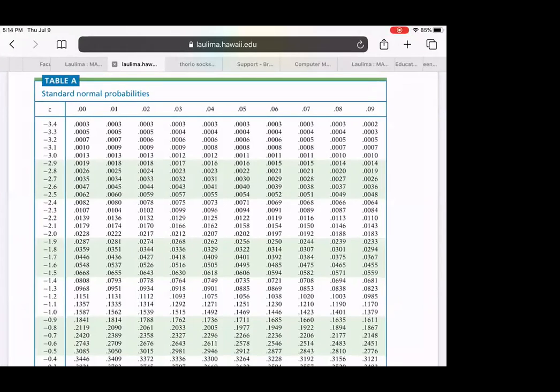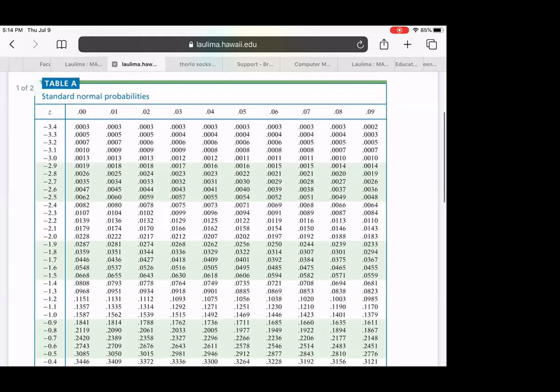And so we're looking up negative 3.30, negative 3.3 you get from the first column. It's the second number from the top. And then the 0 for the second place comes from the column to the right. So you should see a 0.00 on top in that first row. You're looking in that column. And when you match that row and column together, you should see the value